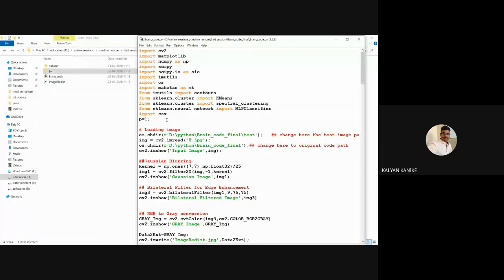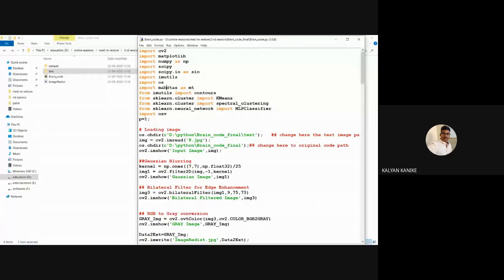One more very important thing: if we are using this software, we have to download the matplotlib library, numpy and scipy, sklearn, imutils, and mahotas. I forgot mahotas; we use it generally for mathematical calculations.